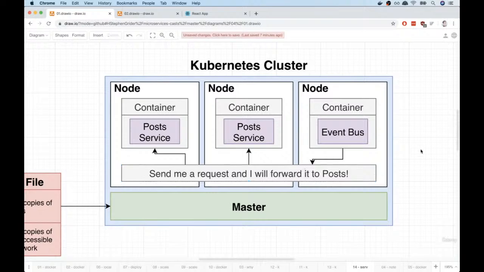Okay, so that's just a very brief introduction to Kubernetes and why we care about it in the world of microservices. So we're going to take a pause right here and then